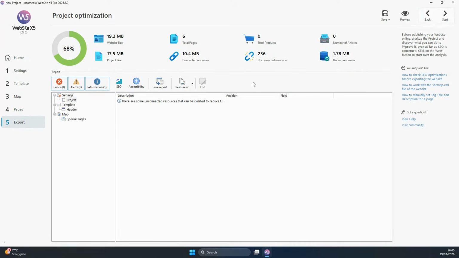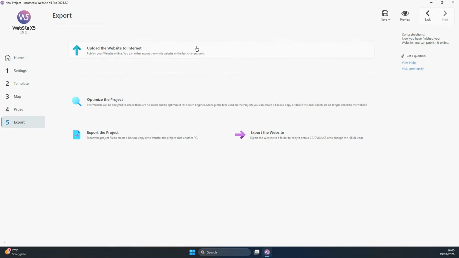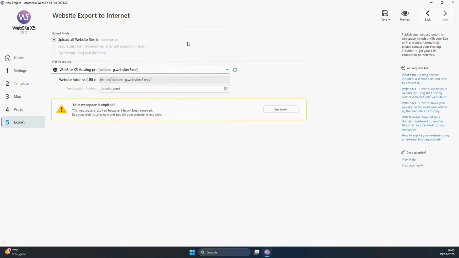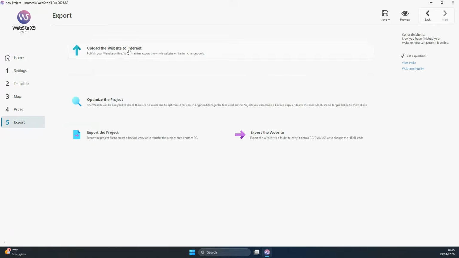So you have full control over the files and you're sure that no wrong file is ever going to be deleted online. This is, of course, very important in case you're wondering why maybe you made your project lighter, but you still have a lot of files online. Deleting files online is a completely different process that usually is taken care of through the hosting space panel itself, or you can do it too from this option right here, upload the website